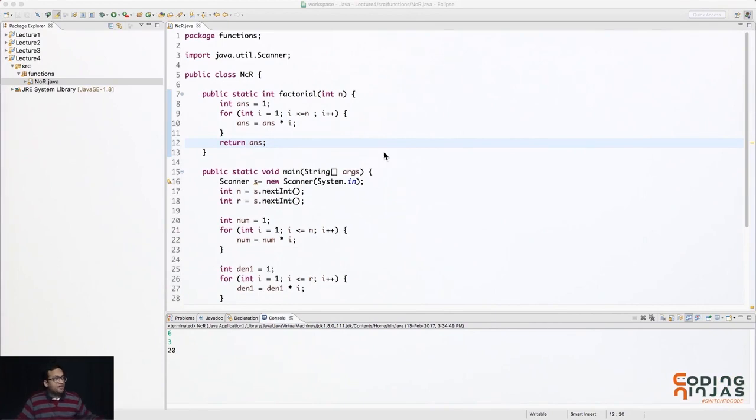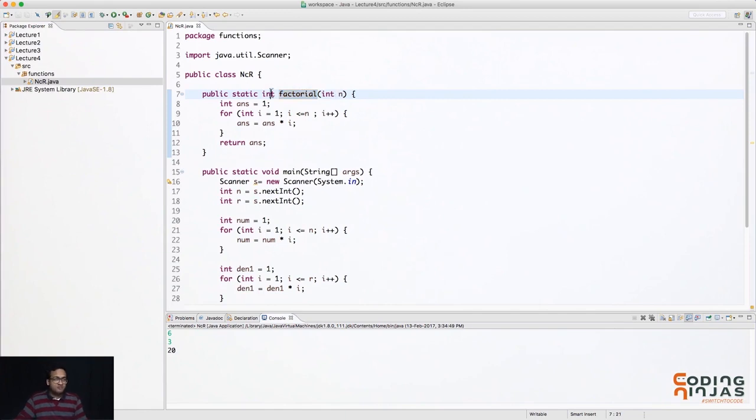क्या क्या बताना पड़ा हमें? हमें बताना पड़ा इसका नाम क्या है. इसको इनपुट में एक नंबर चाहिए, ये आउटपुट में एक नंबर ला के देगा. ये जो दो चीज़ें हैं, अभी के लिए हम हमेशा पब्लिक स्टैटिक यूज़ करेंगे. थोड़े टाइम के बाद हम देखेंगे क्या होता है पब्लिक और क्या होता है स्टैटिक. ओके,